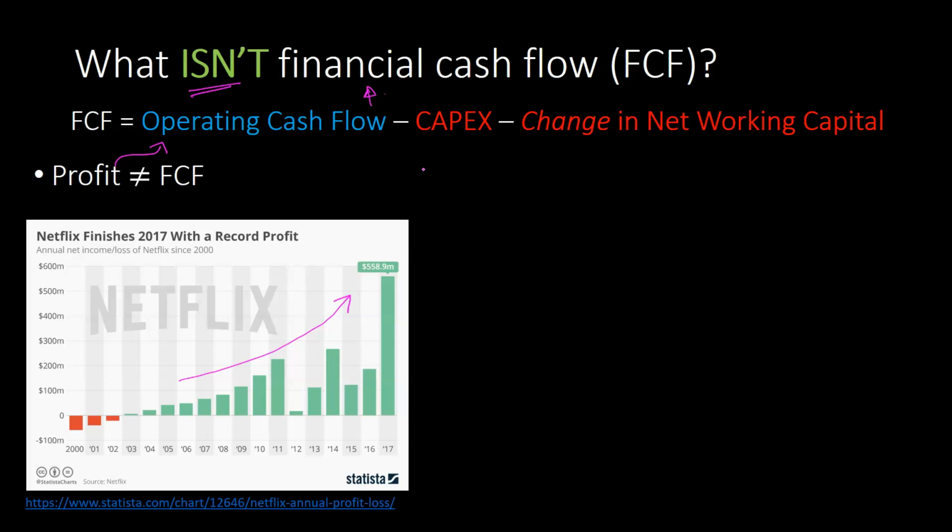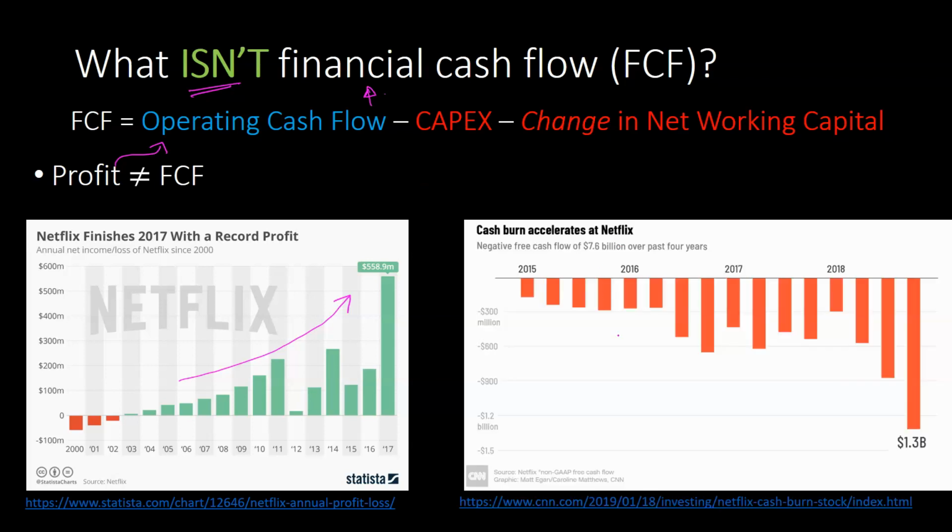That's all fine. But if you actually go ahead and calculate the financial cash flows for Netflix, they have been on the decline for the most part. And why is that? Because Netflix has had to spend a lot of money on content. That's why people continue to subscribe to Netflix, because they're always looking for more and more content, which is why financial cash flow for Netflix is negative, because they're having to spend a lot of money on content at all